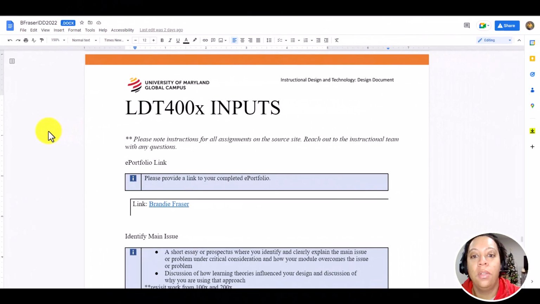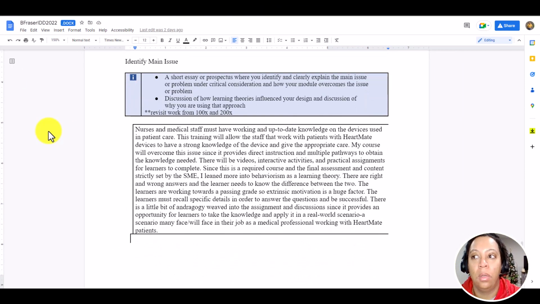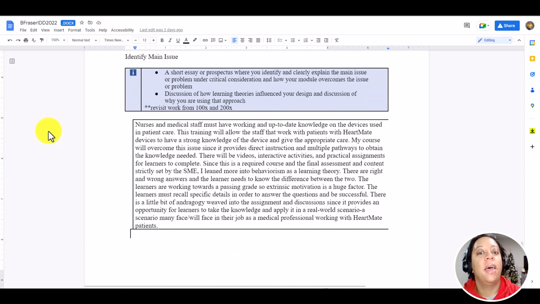The instructional need of this course was to give the medical staff at Johns Hopkins Hospital that work with patients with HeartMate devices an opportunity to review critical information and updates about the HeartMate so they can provide appropriate care to those patients. The course was originally a lengthy PowerPoint given to the learners to look over and then take an assessment. To increase engagement and retention of information, I took the content from the PowerPoint and created a course using Articulate